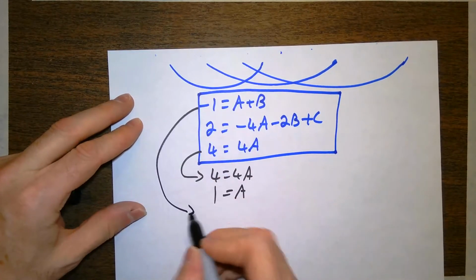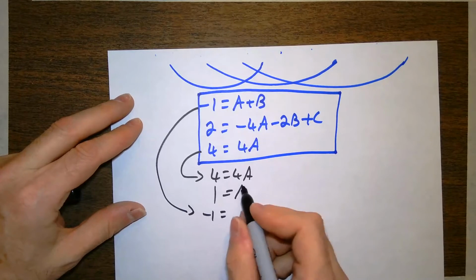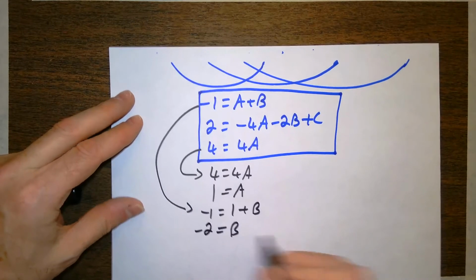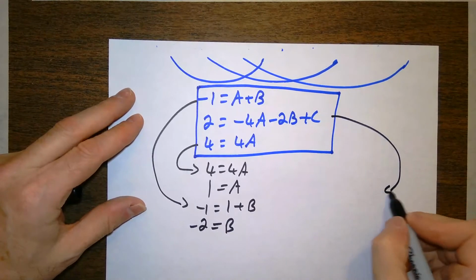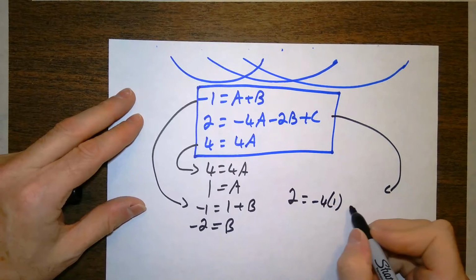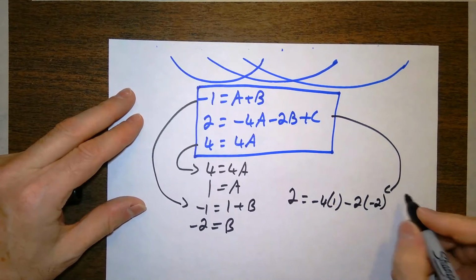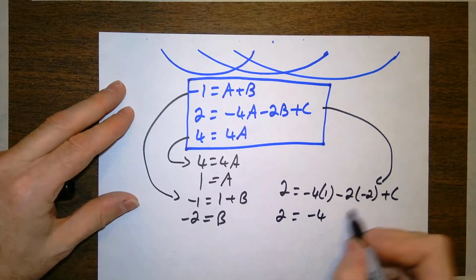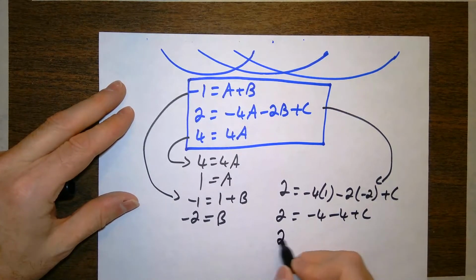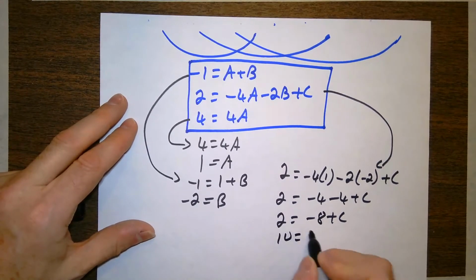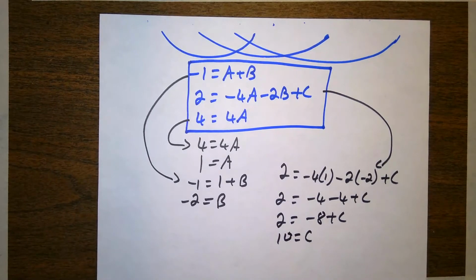Using this equation, negative 1 equals a, which is 1, plus b. Subtract 1 from both sides, b equals negative 2. And then using this equation, 2 equals negative 4 times a, which is 1, minus 2 times b, which is negative 2, plus c. 2 equals negative 4, minus 4 plus c. 2 equals negative 8 plus c. Add 8 to both sides. C is equal to 10. So now as I write this all out,